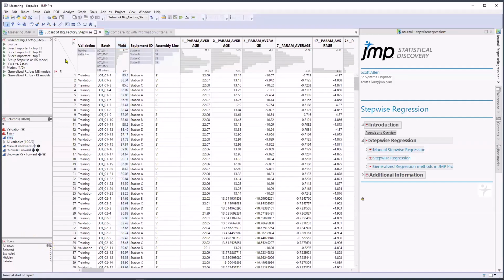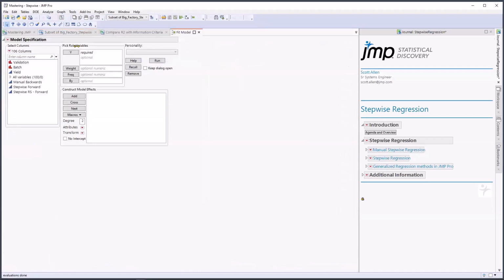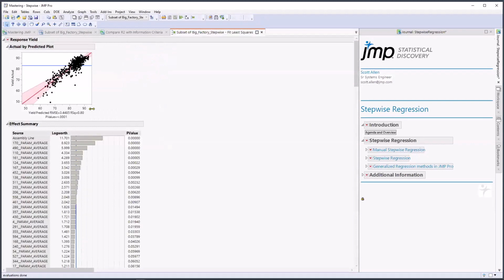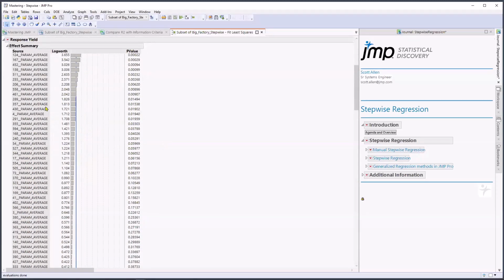So we could build a least squares model. So I go to Analyze, and we want to go to Fit Model, and I want to put in yield, and then all of my variables. And I'm just going to do a standard least squares model and click Run. And what we get is an actual by predicted plot that has an R squared of 0.8, so we might be excited about that. But then we look through our effects summary, and we just see all sorts of variables here,